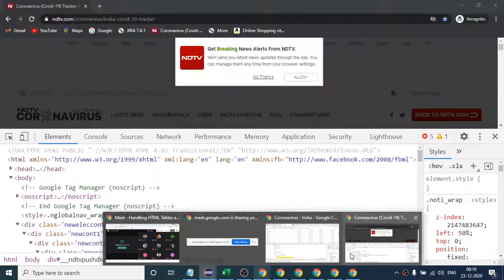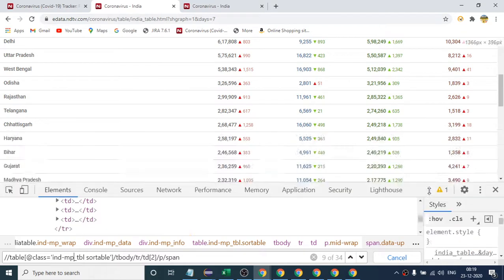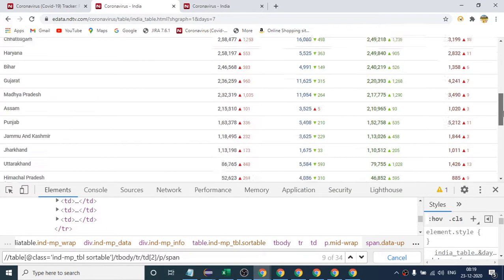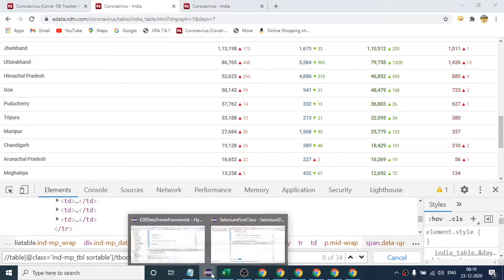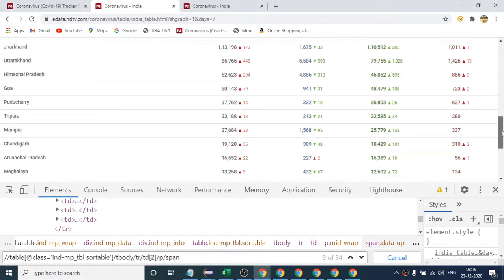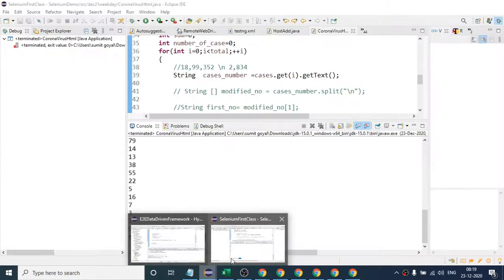We will discuss one more way of doing this without changing our XPath. Is it clear? Yes, clear. So instead of changing the XPath, we can do one more modification. I know that a total of 36 entries are there if I write the XPath like this, but the last two do not have this number, which is the reason we got the exception. So how many times do I have to run my for loop? 34 times.